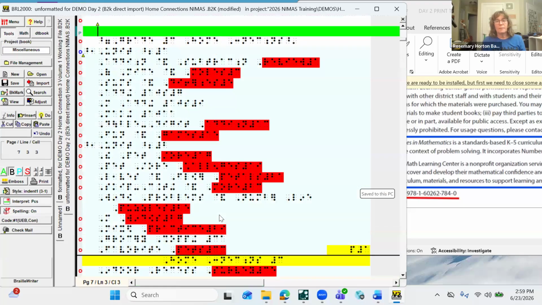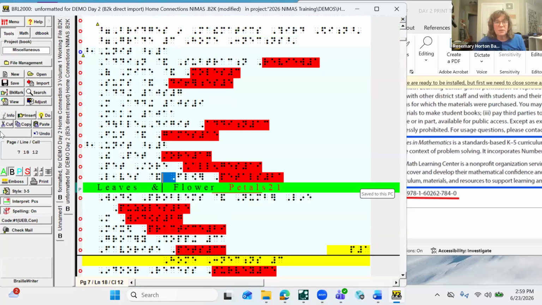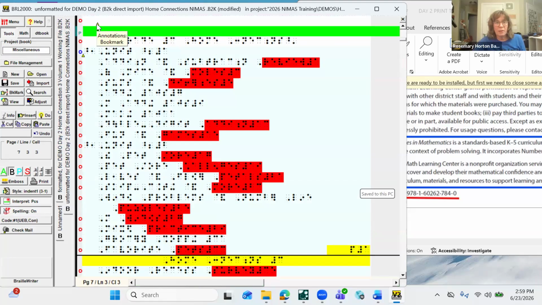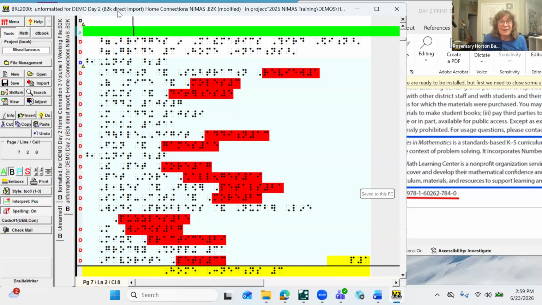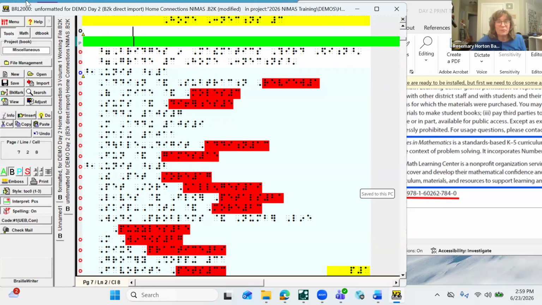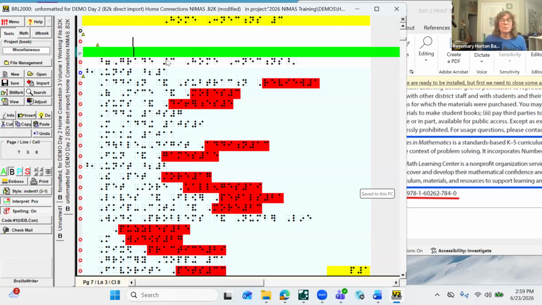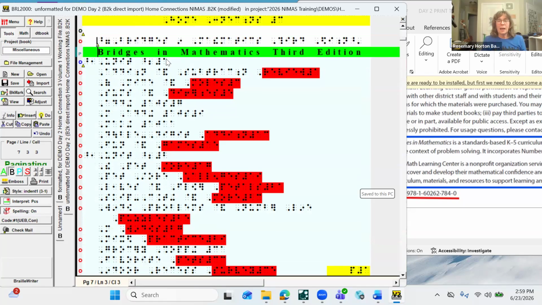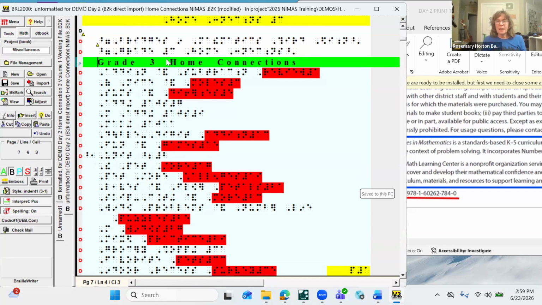Again, here's the annotation that just showed up for, well, that was an annotation for a bookmark. This is the annotation for print page, the Braille page number, and a page break. So that's what those are about. For right now, I'm going to